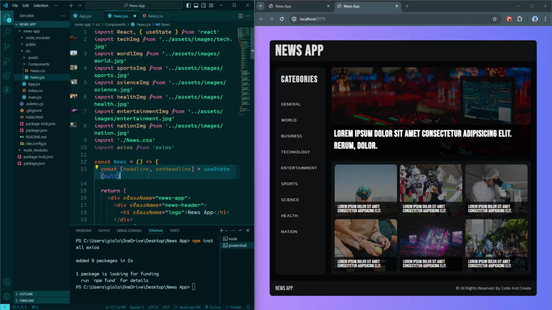Alright, so this is the state variable that holds the current value of our headline data. Initially it's set to null. Next we have the setHeadline function. This is the state setter function that we use to update the headline state. We create the state to hold the main headline news article. Typically, the headline is the most important or latest news article that we want to feature prominently. By storing it in a separate state, we can easily manage and display it independently from the rest of the